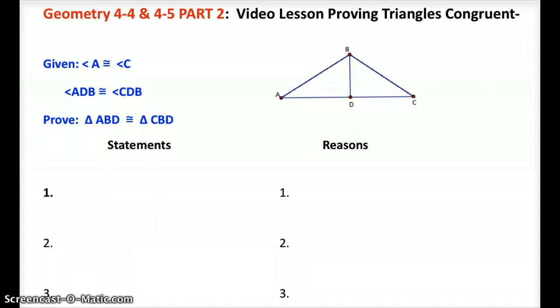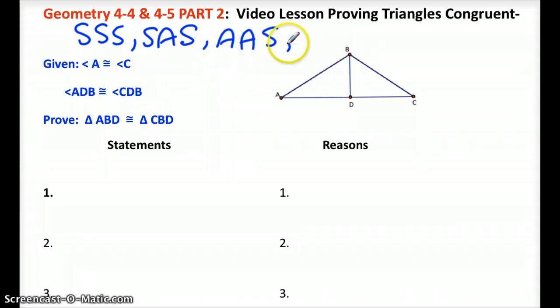We're in sections 4.4 and 4.5, part 2 of those two sections, during chapter 4, focusing on triangles. We've talked about congruent triangles, and today we're going to talk about proving triangles congruent. In our last video lesson, we talked about the postulates for proving triangles congruent. I call them shortcuts. SSS was one, side-angle-side was another, angle-angle-side, and then angle-side-angle were the triangle congruent